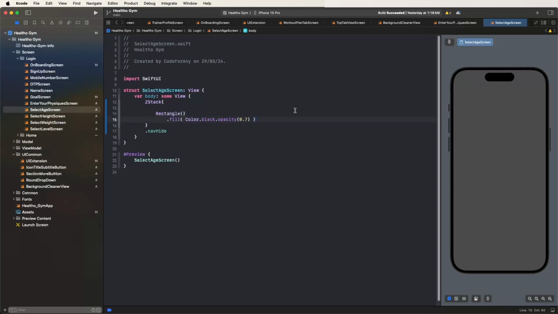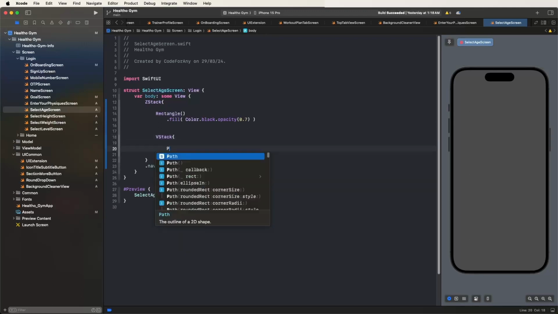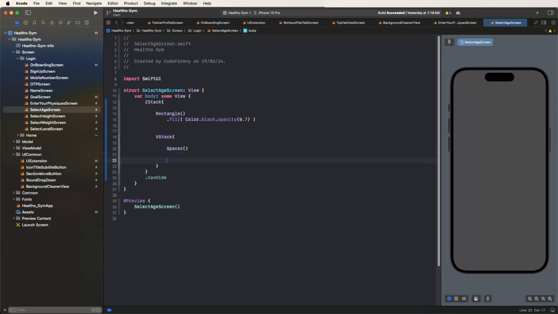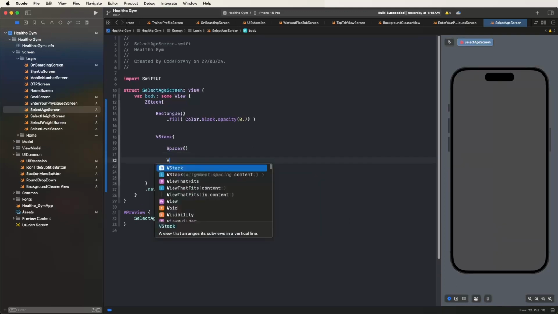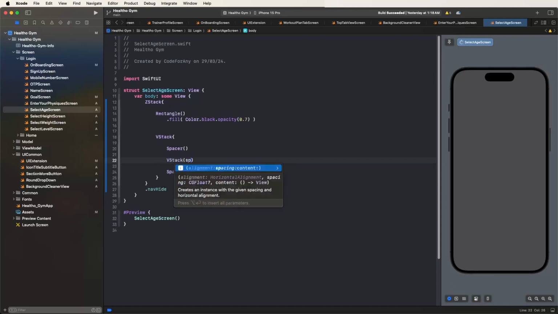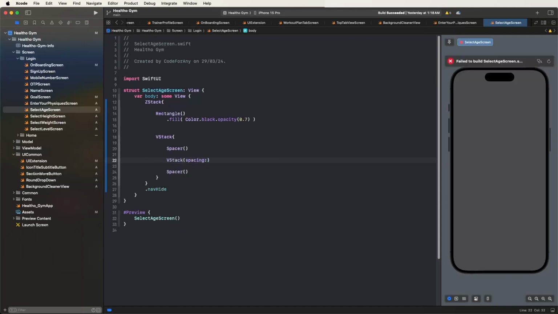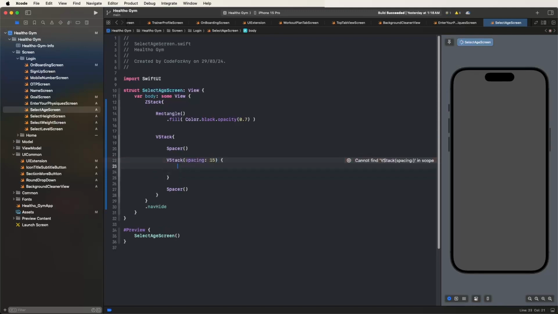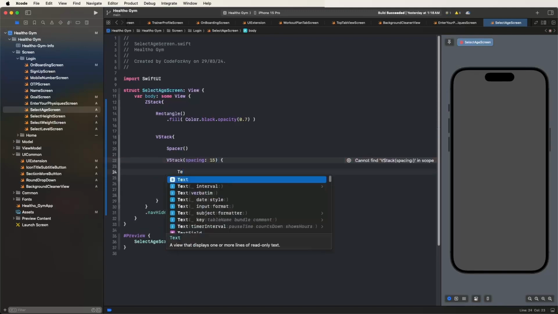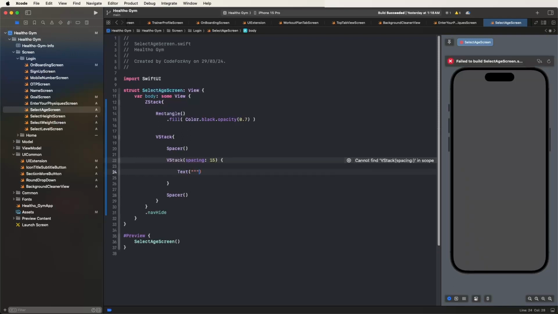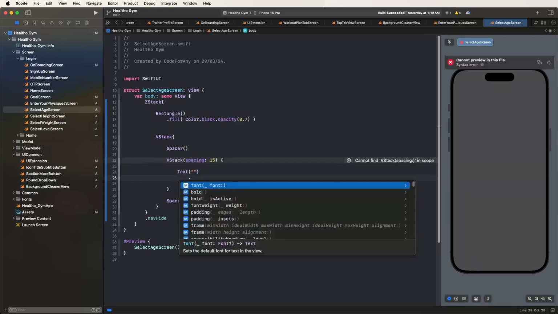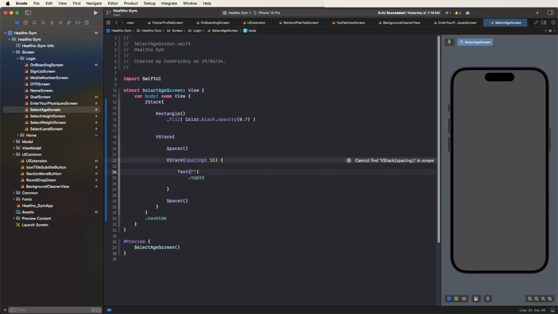Now I need to develop the width tag. Set the two spacing spacer. Again I need to develop the width tag, and to set the spacing, set this to 15. Develop it like this. Now set the text, set the titles, and also give the top 15. Now set the age,